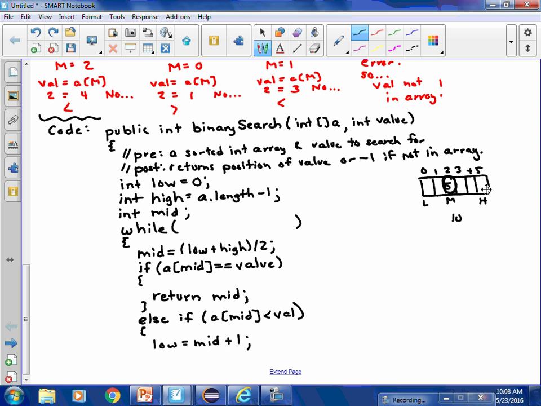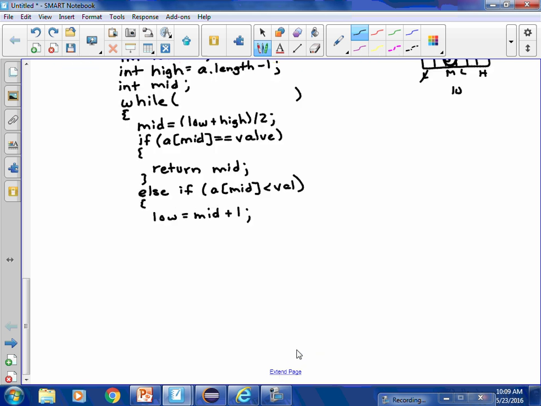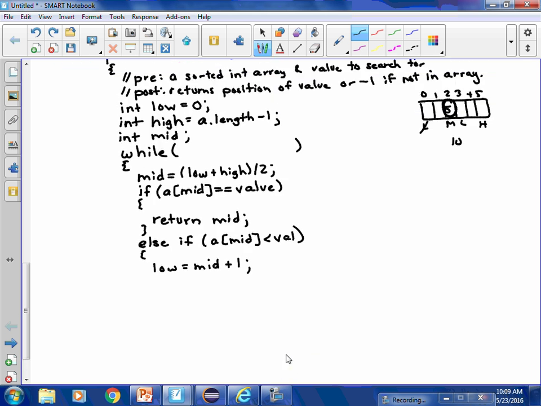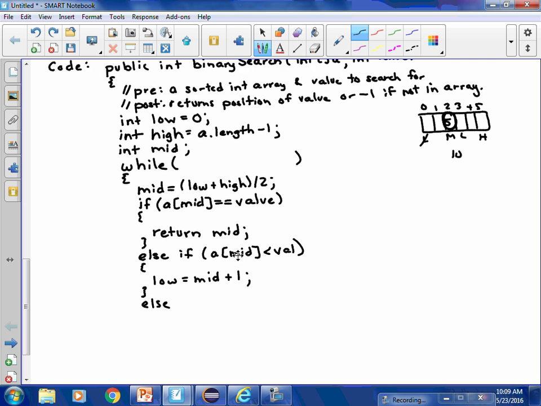High doesn't need to change. High could still be the high spot here. Now I'm only searching in here, and it's going to calculate my new middle the next time this while loop runs. Okay, so the only other case, I'm just going to use it as else, but if a bracket mid